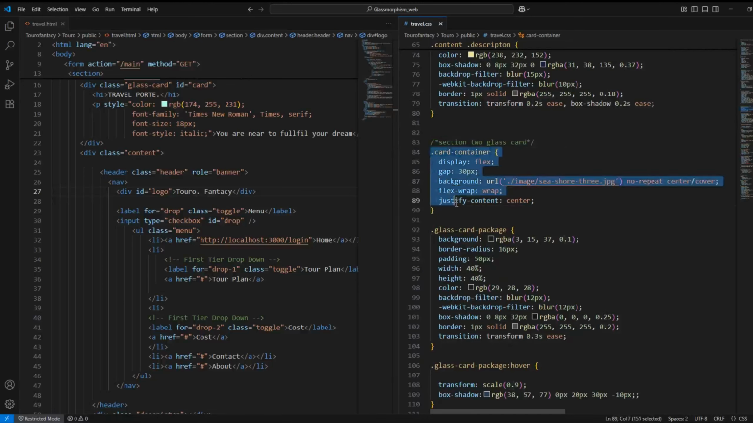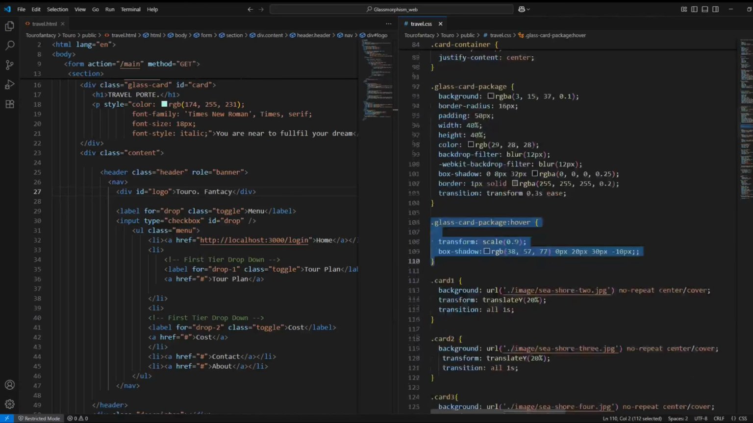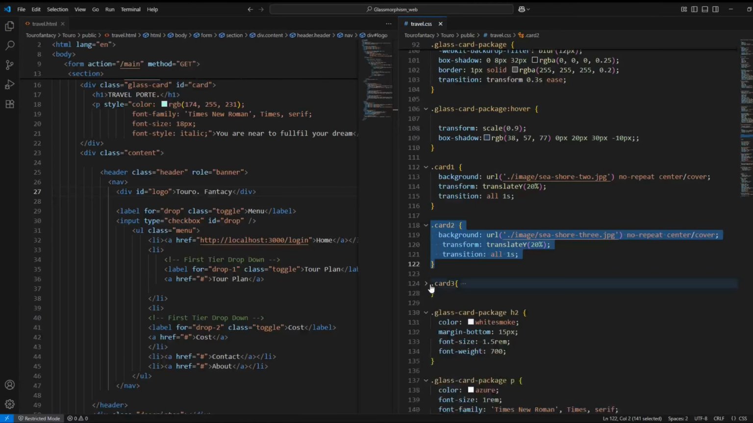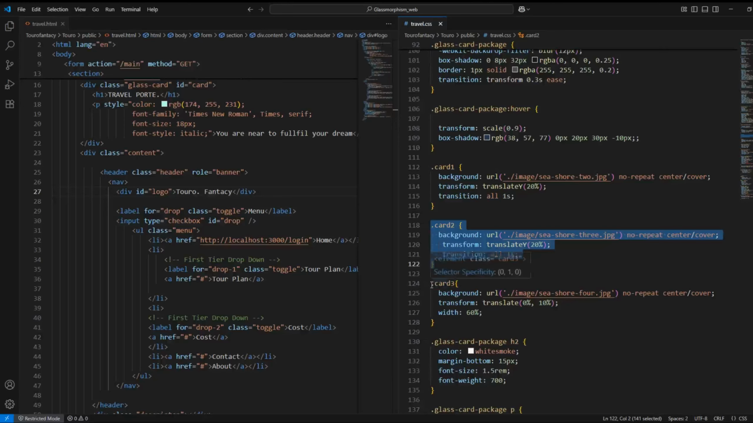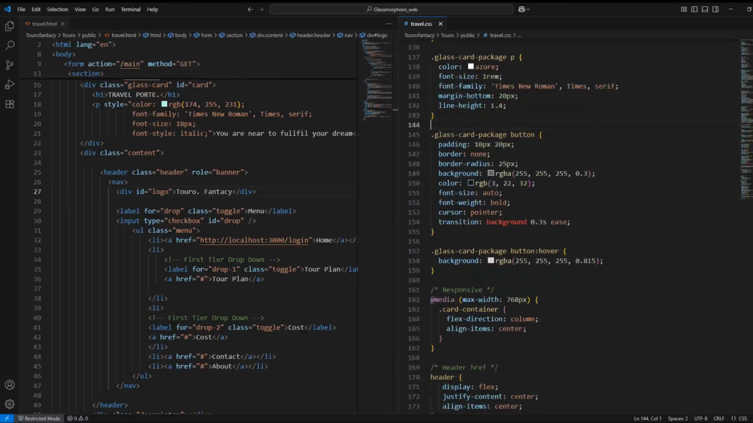Below the main content, a second section introduces travel packages using a flex container div class equals card container, which holds three visually distinctive glass-style cards, div class equals glass card package card 1, and similarly card 2, card 3. Each of these HTML elements corresponds directly to CSS class selectors such as .glasscard package, .card1, .card2, etc., that define their structure and appearance, including background images, background, URL, blur overlays, padding, and hover effects using transitions and transforms to